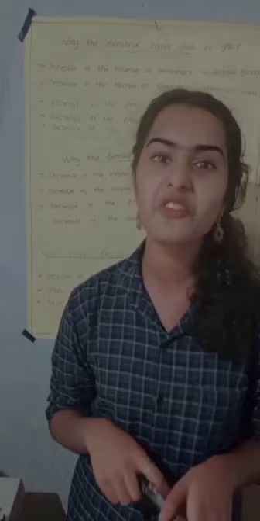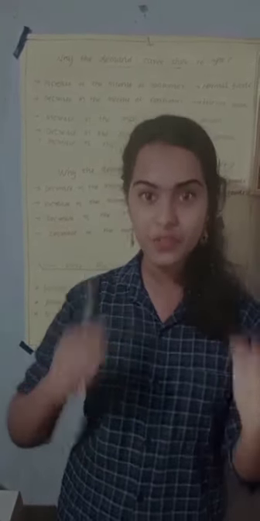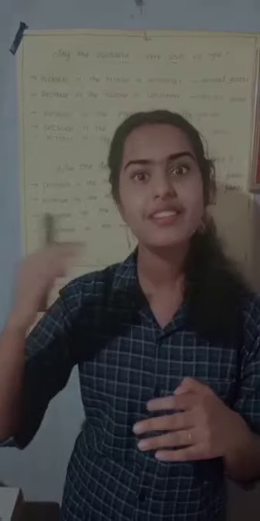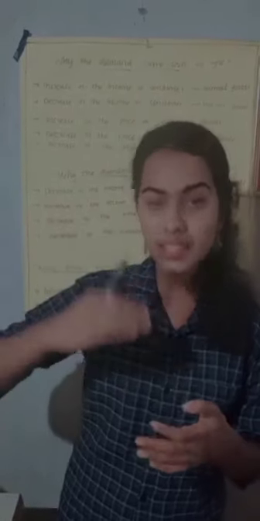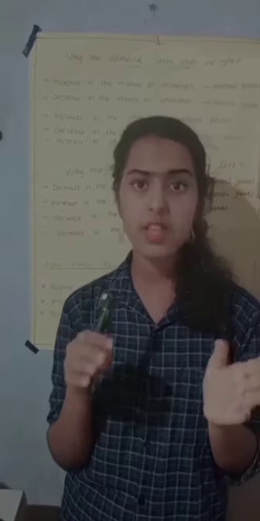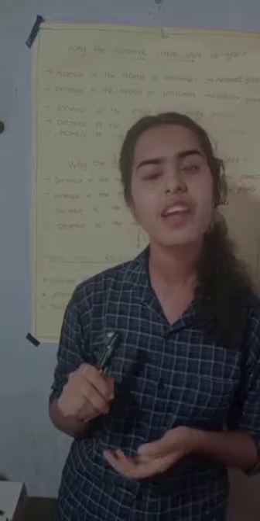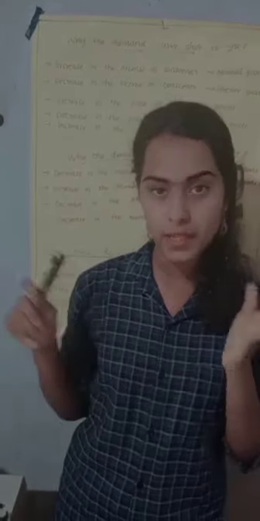Next is the decrease in the income of the consumer in the case of an inferior good. What is an inferior good? An inferior good is a good for which the demand decreases when the income of the consumer increases. For example, a kerosene stove is inferior to a gas stove, and traveling in an ordinary bus is inferior to traveling by car. Okay, pass to the next.